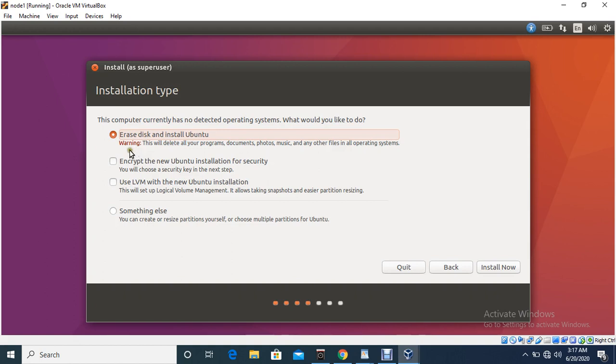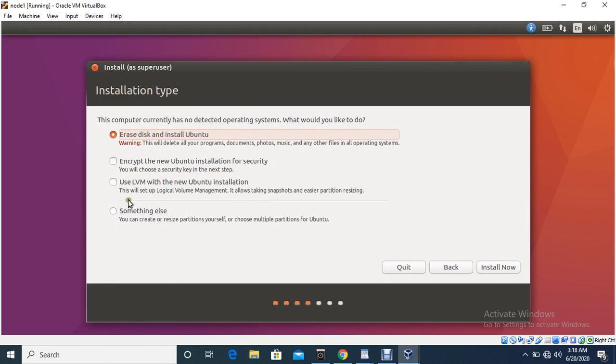And suppose you are attaching a particular storage device and you are going to install there, if you select this one, that also will destroy all the data. But if you are installing with VirtualBox and you select this option, Install now, nothing will happen. If you select Erase disk and install Ubuntu and Install now, then the file system will be created automatically by the system. There's no need for you to create it manually. But in this video, I'm going to tell you how to create partitions manually when you are installing Ubuntu OS.